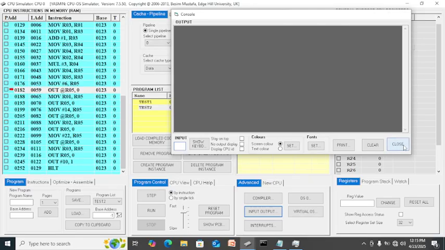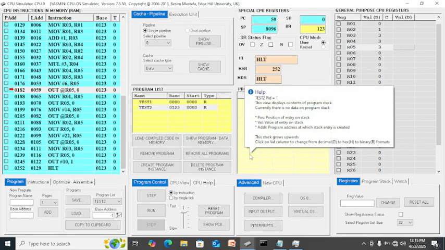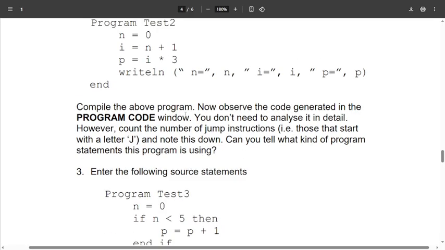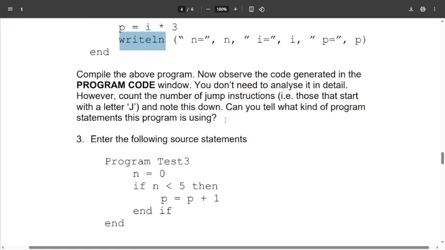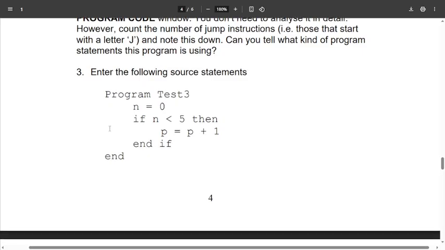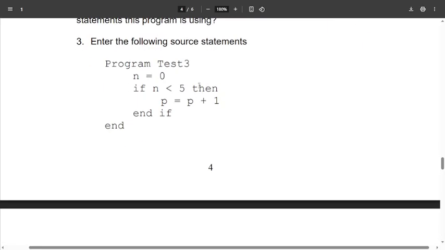Okay, so it's up to you guys to find what kind of program statement this program is using. This is write line, so meaning it's using the out. Okay, now because there is standard in and out, input and output, stdin is the console, the monitor, no? That's the command.